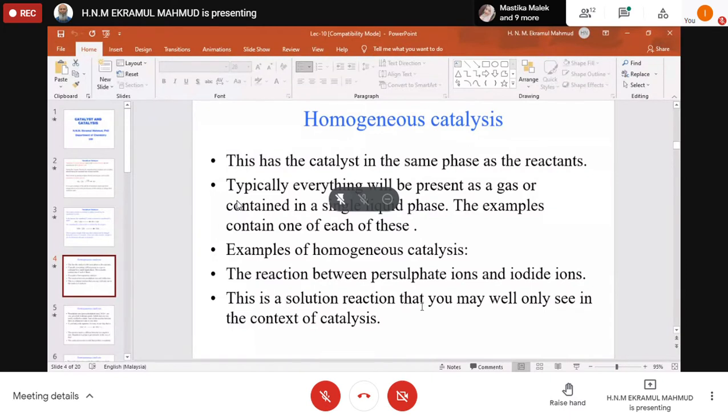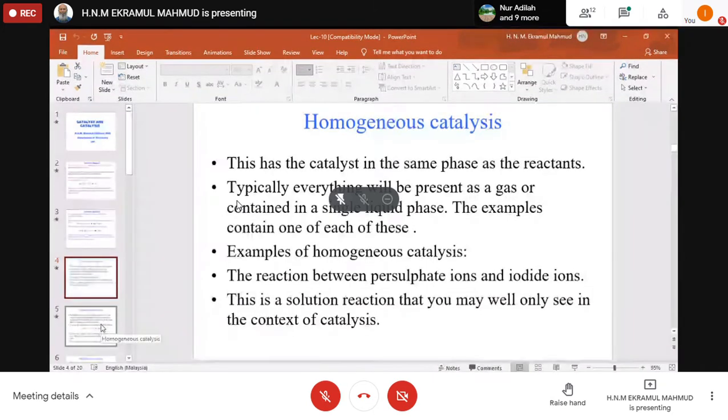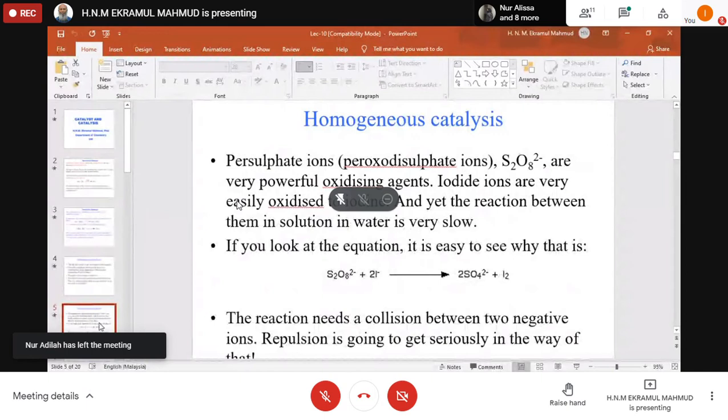This is a solution reaction that you may well see in the context of catalysis. So, persulfate ion and iodide ion are very powerful oxidizing agents. Iodide ions, as we saw before, are very easily oxidized to iodine, and yet the reaction between them in solution in water is very slow. So if you look at this equation, it is easy to see why that is, because this one